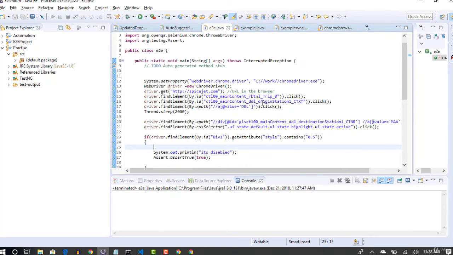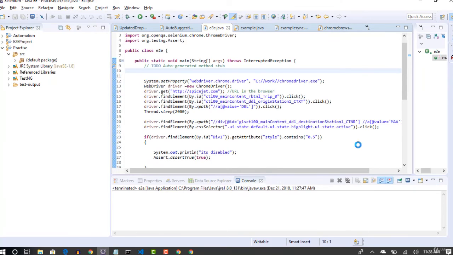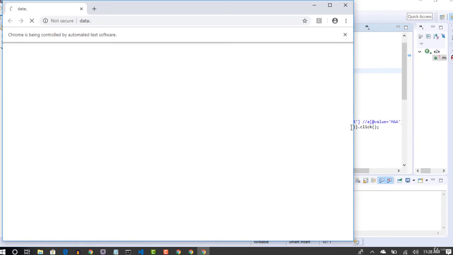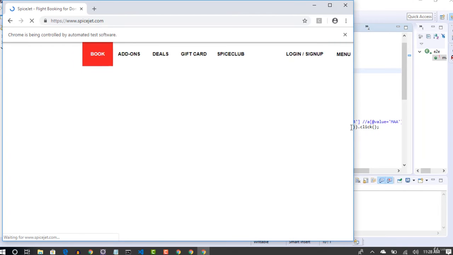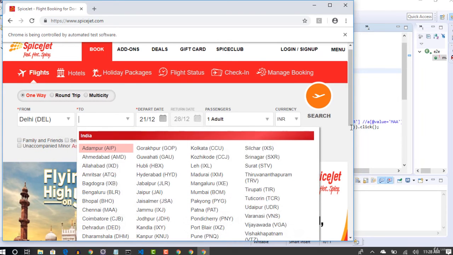Alright, so now let's run this code and I hope that this will work like a charm. We fixed all the issues and we brought all the UI components into one end-to-end test, and hopefully now it should select Bangalore and Chennai and it should search a flight with today's date for 4 adults, one way, and all the 4 adults are senior citizens because that's the checkbox we selected.